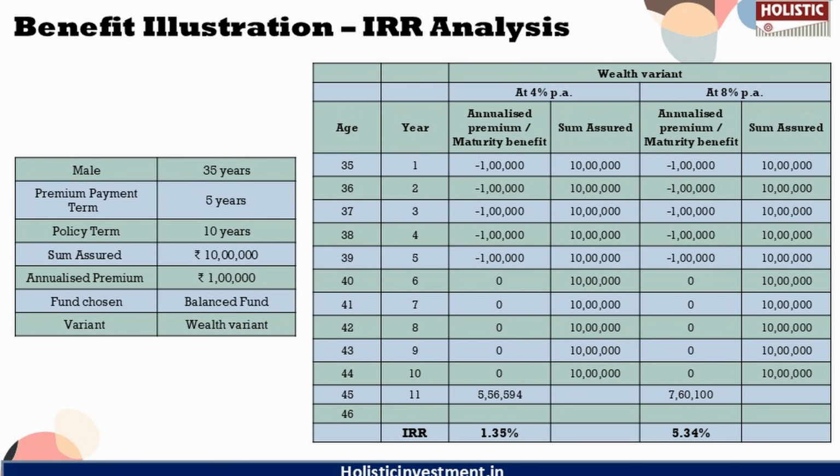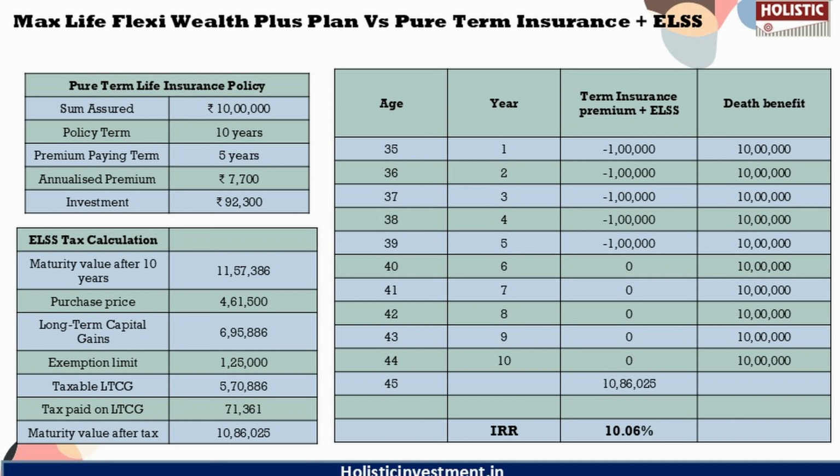So now, as we know that this policy is not giving us a desirable outcome, we are going to explore an alternative strategy where we invest in insurance and investment separately instead of investing in an insurance cum investment policy like the Max Life policy. We are going to see whether investing separately would help us get better returns and whether they will perform efficiently in isolation.